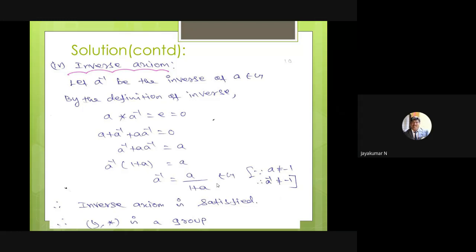So obviously this belongs to G, but you have to think like that. If the denominator is 0, definitely it does not belong to G. Is there a possibility of getting denominator 0? No, because A is non-zero. Definitely the denominator is positive, non-zero. So A equals A by 1 plus A. Here I missed a minus sign, so put a minus sign. So definitely A by A plus A belongs to G alone. Therefore, the inverse axiom is also satisfied. G comma star is a group.